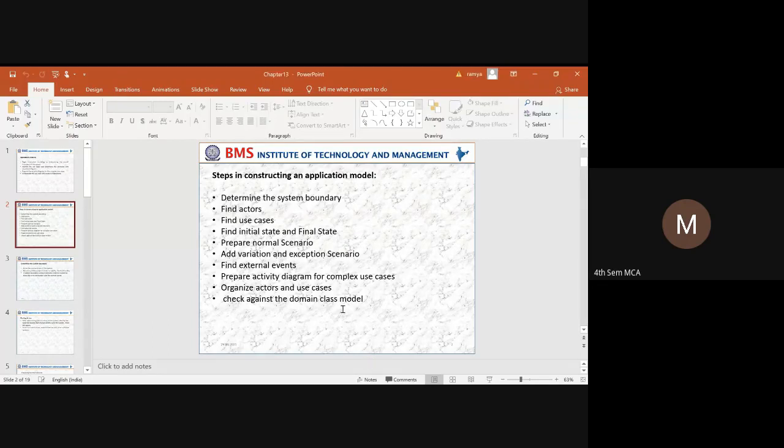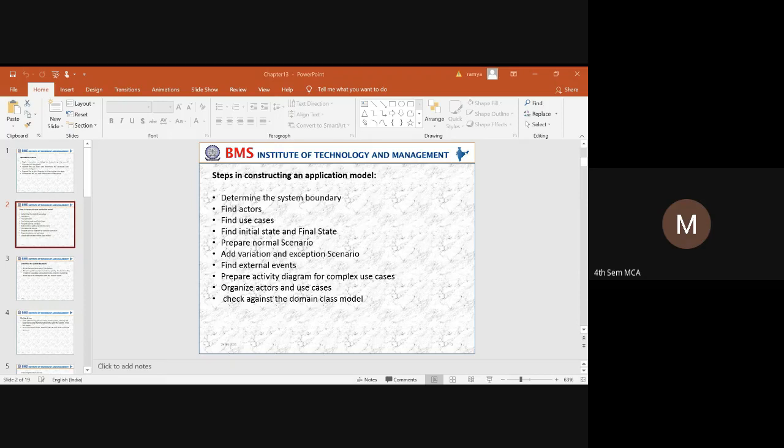Okay. Next thing is organizing the actors and use cases. For any application, we have considered different actors and different use cases. So when we are representing the actors and the use cases, we need to map them, right? Which actor is going to interact with which use case.